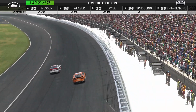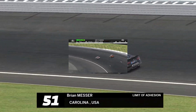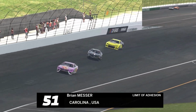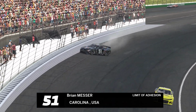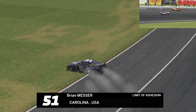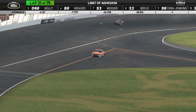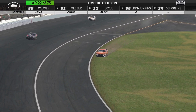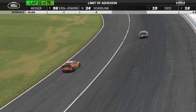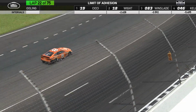And we're on lap 20. Looked like the 86 got a little bit loose, and then looked like Keith Schooling got a little... Now what's going on here? Brian Messer. Whoa! Whoa! Whoa! That was a close call for the 86. Oh, wow. Oh, look at the live shot. Oh, yeah. Wow. Everybody's getting loose. Good job to all three of these drivers to keep it out of the racing line. Keep it green. Unfortunate for them it stays green, but...